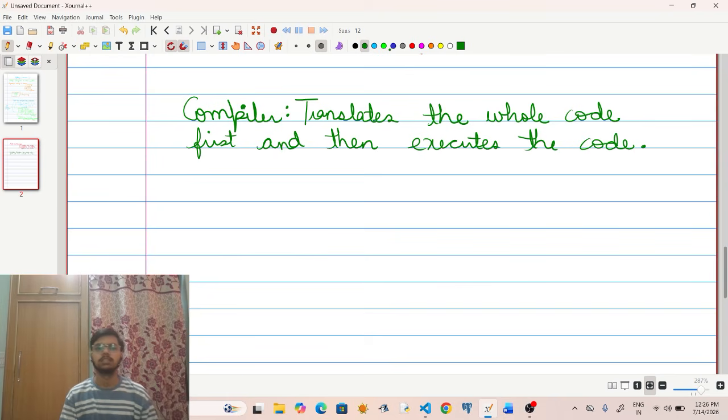So you can say that when we use a compiler in a particular programming language, it will translate the whole code first and then it will execute that code. But the interpreter is very different from this.